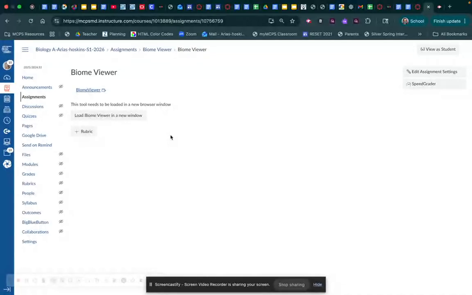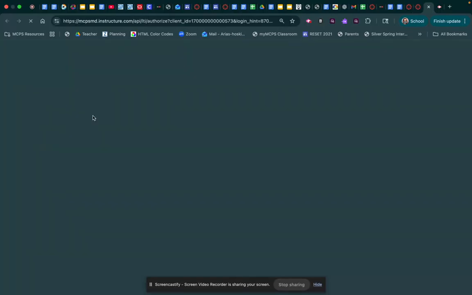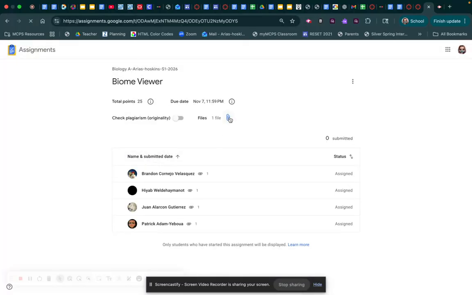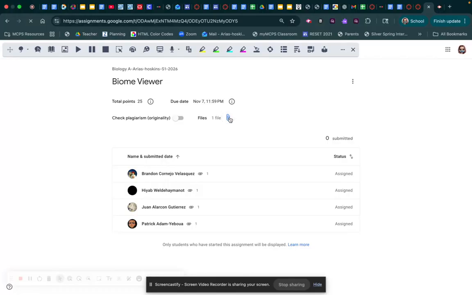So guys, for this assignment, you need to actually have the Biome Viewer open and then load Biome Viewer in a new window. The reason why you need to have this open is because it's going to give you the document that you need in order to do your homework. Once you open the document,